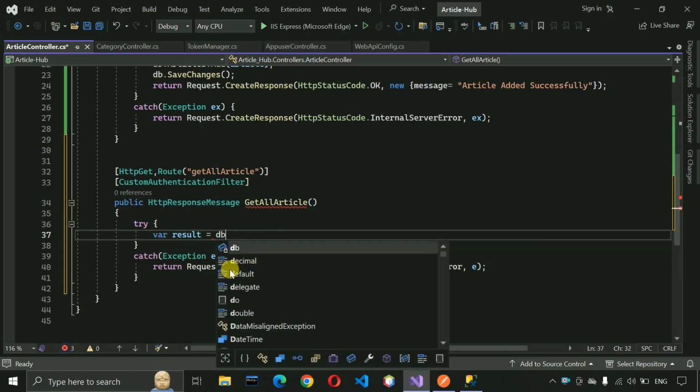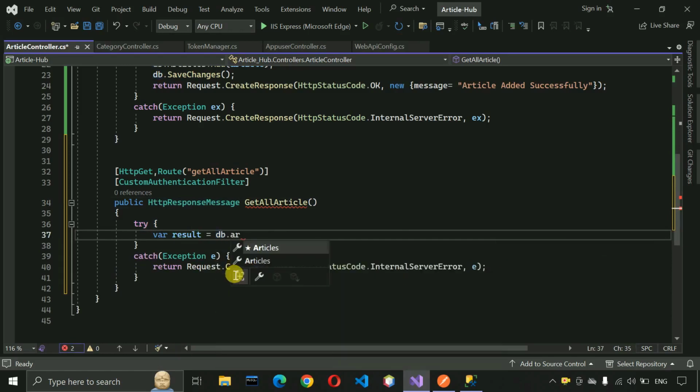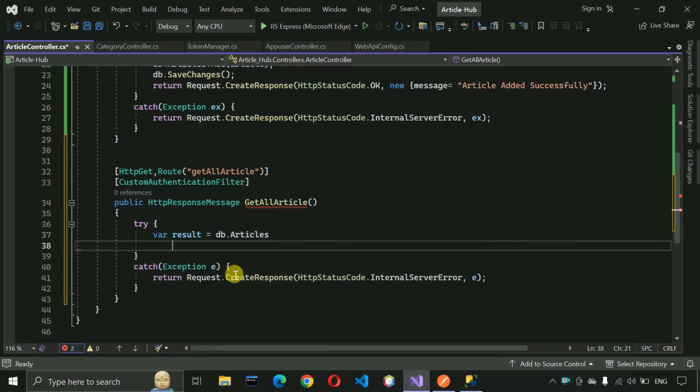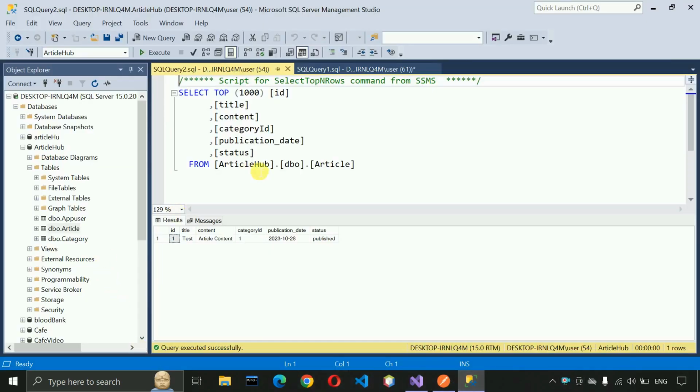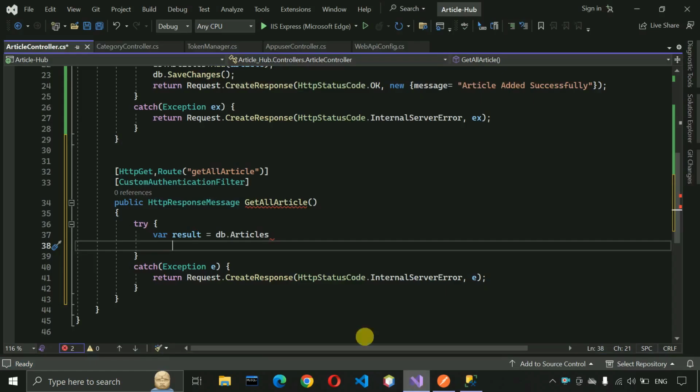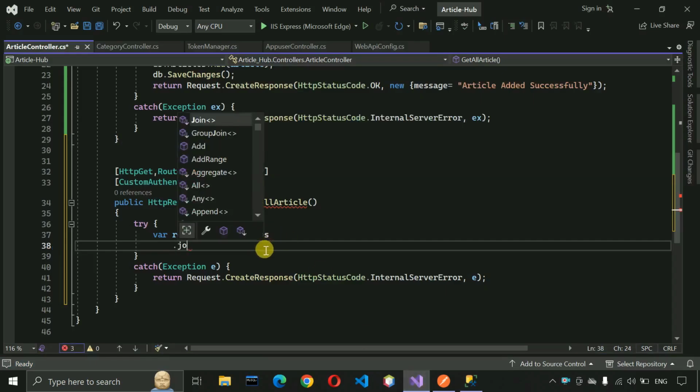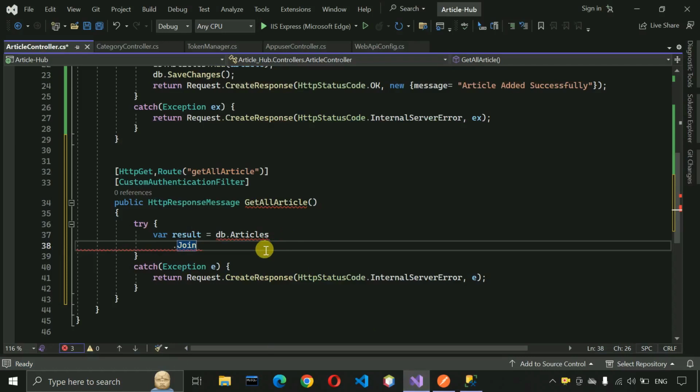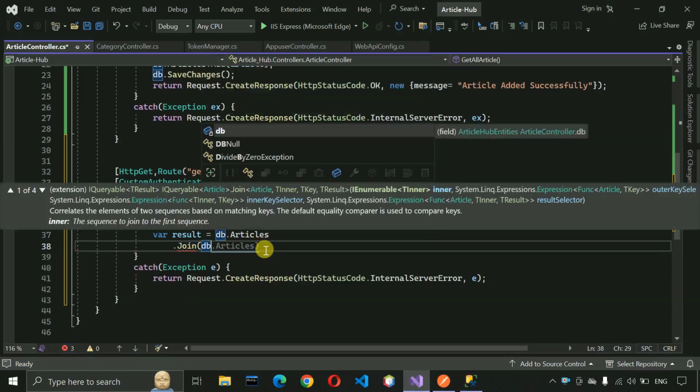and then db.Articles, this one, and we want to join actually. So let me show you what I'm trying to say. As you know, in this we are storing the category ID, right? So while returning, we also want to send to the UI the category name and category ID for this particular article. For doing that, we need to join the tables. So then we have to go with the join,